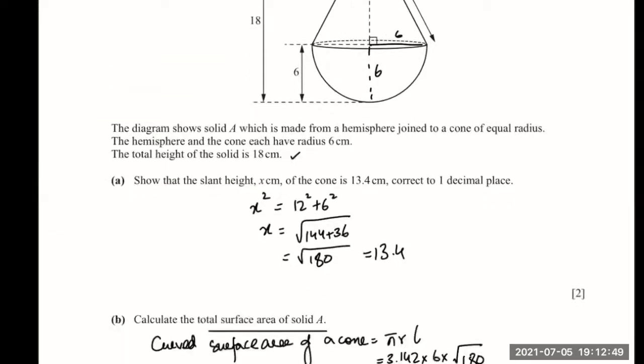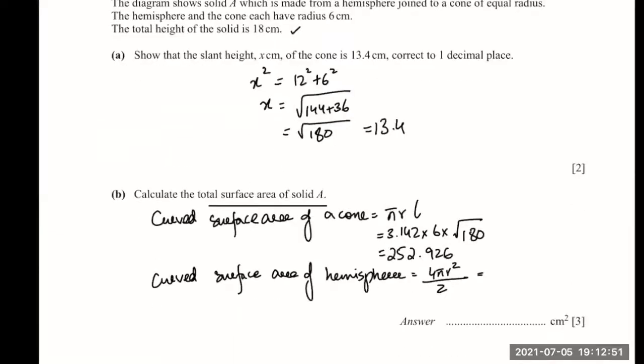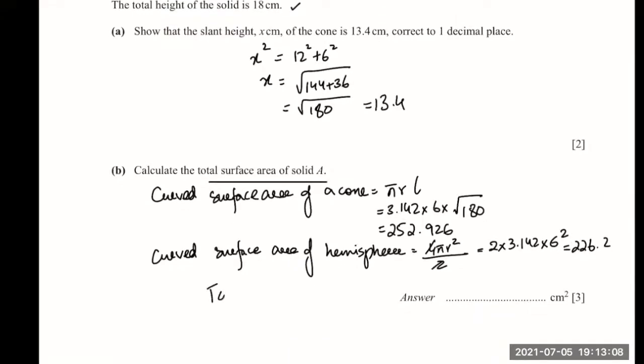Since I have a hemisphere, I'm going to divide by 2. So this becomes 2 into 3.142 into 6 square, which is 226.2. Okay, total